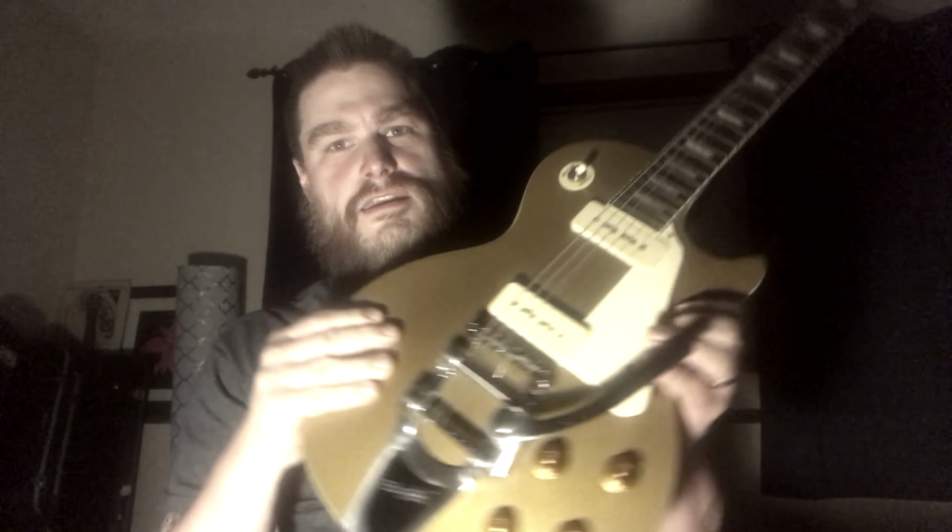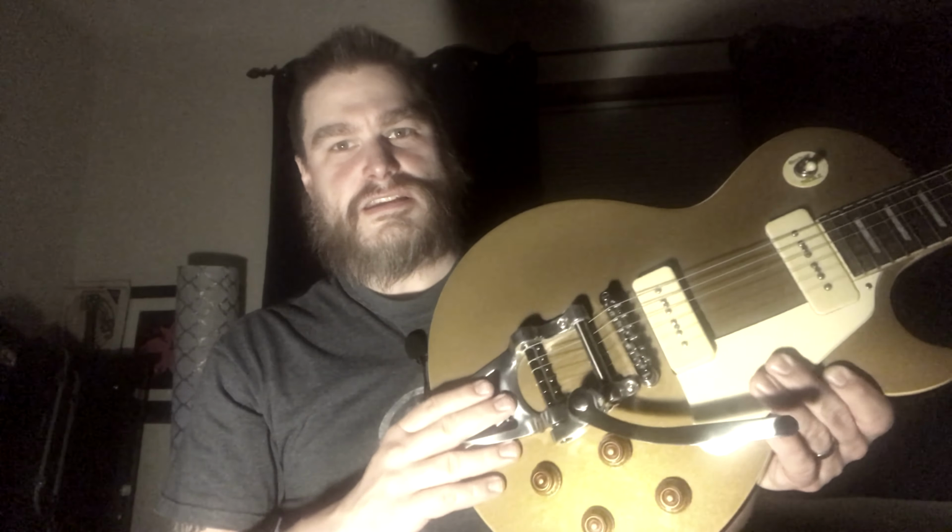But then, right about 1952 is when they brought out the first Les Pauls. And it looks something like this. They had two P90 pickups, and this particular one is an Epiphone that I had picked up, and somebody put a Bigsby on it, so maybe not technically correct, but still a pretty fair representation of what the guitars were